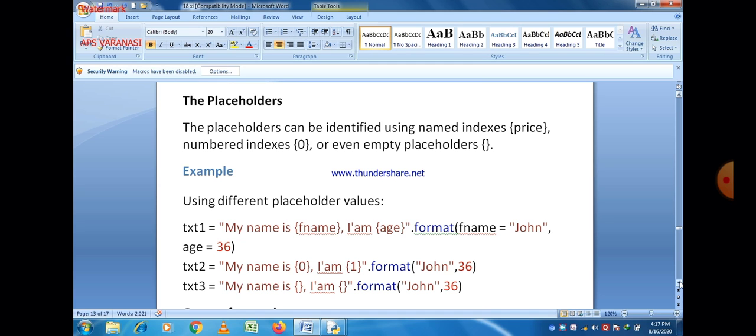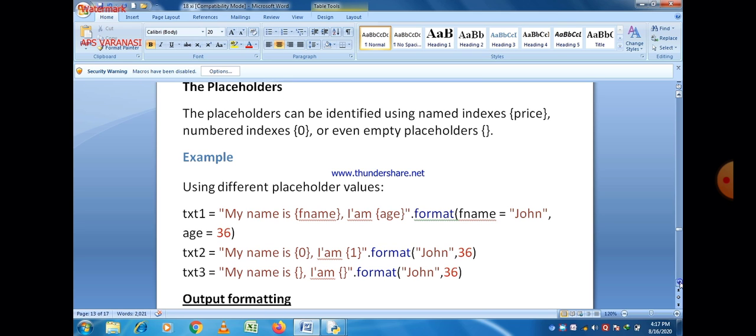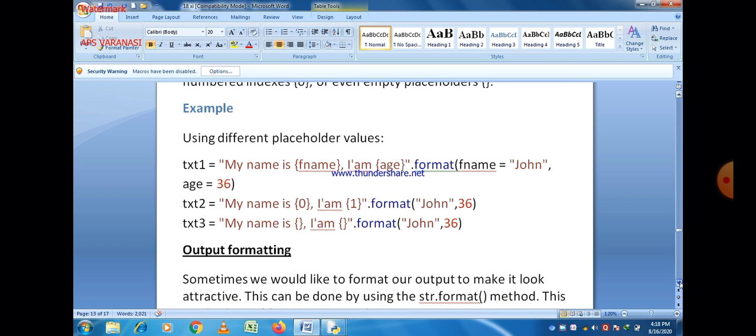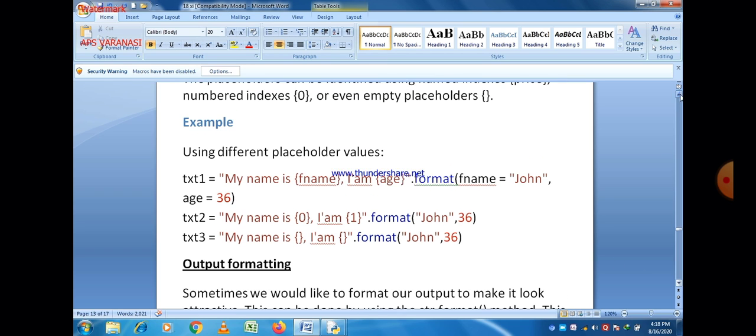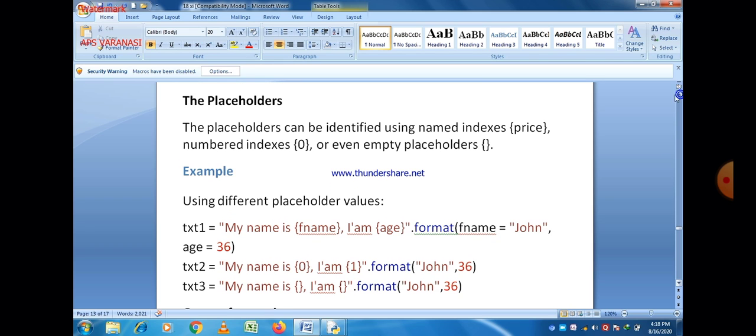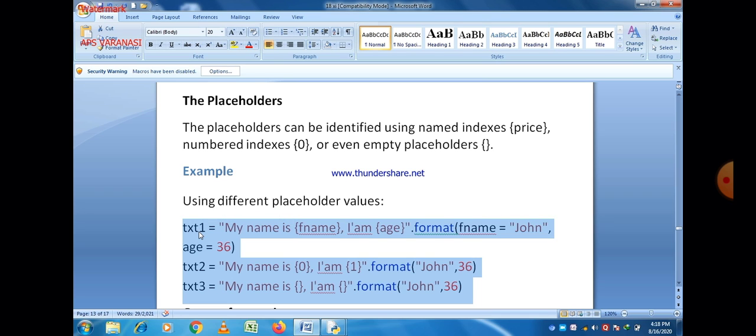It means the second placeholder age is assigned to be 36. Then as example number 2, my name is 0, I am 1. 0 and 1 are the index positions here, and format John and 36. So when you write format John comma 36, John is assigned to 0 and 36 is assigned to 1. It means first and second element respectively.